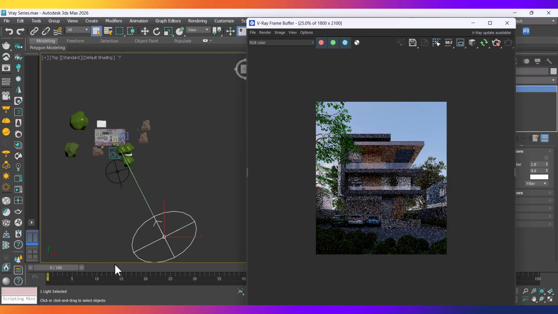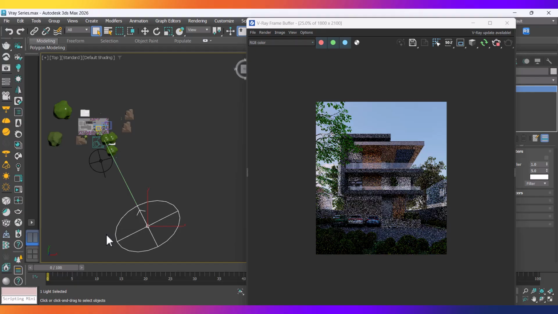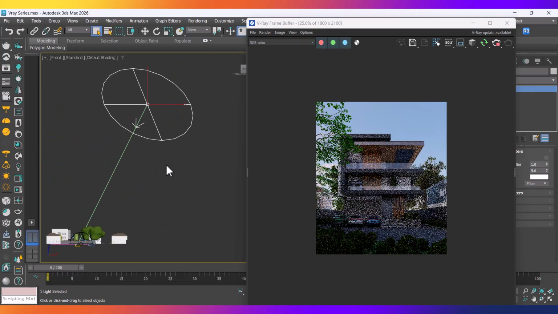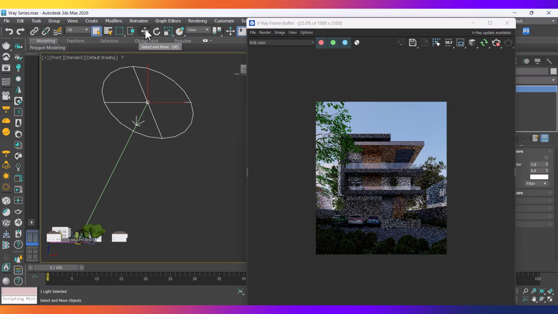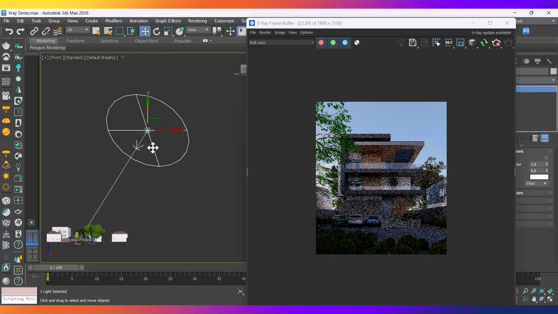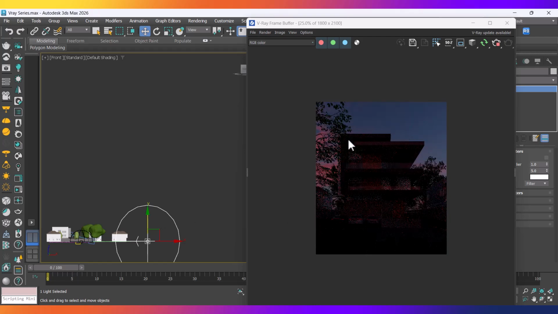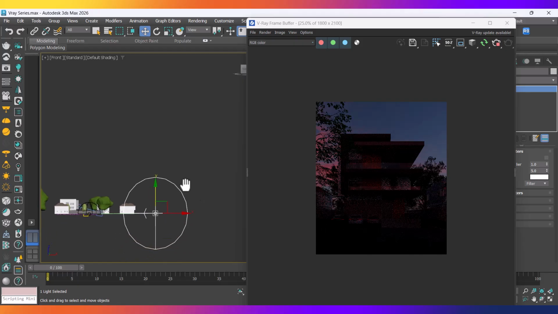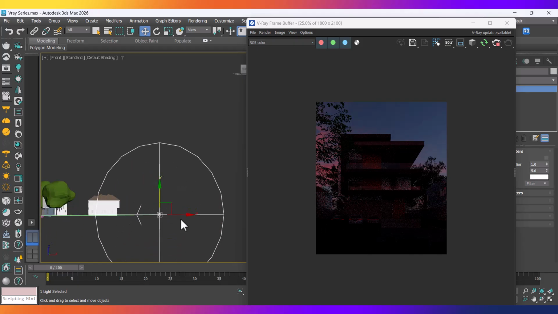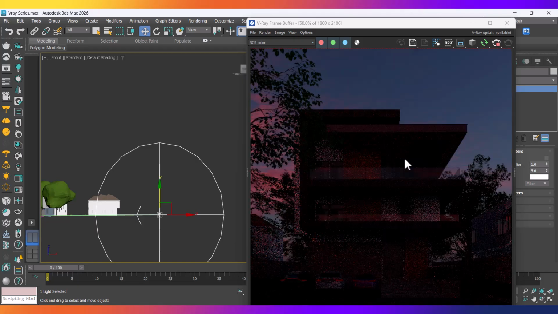With the sunlight disabled, if I go to maybe front view and I choose move tool and I drag the sun down, you're going to see the effect it's going to have on the scene generally. And that is because even though the sun is disabled, it is still affecting the sky. So how is that possible? It is because